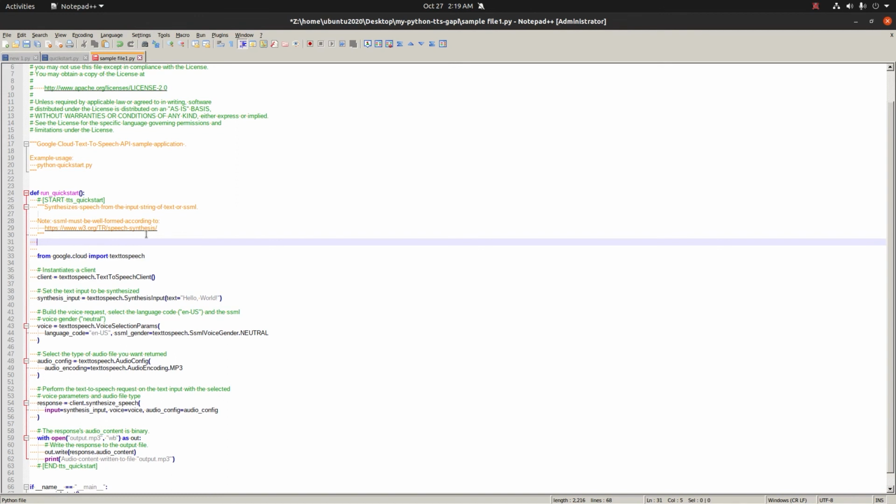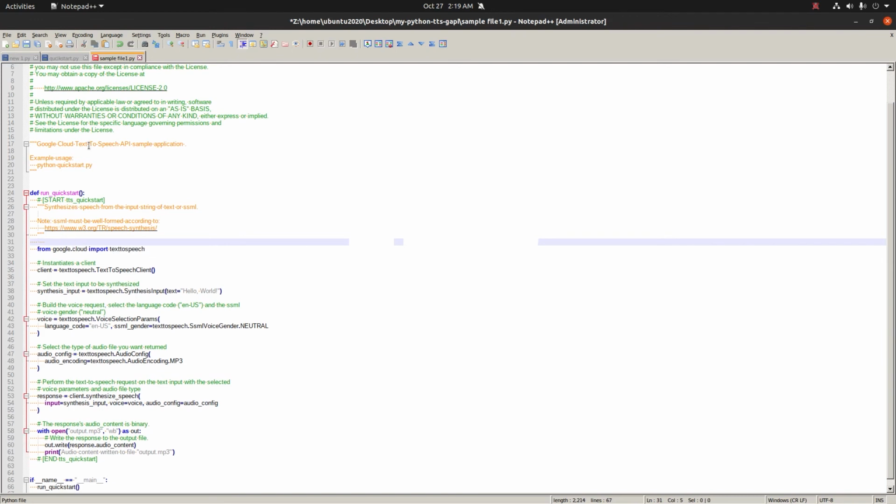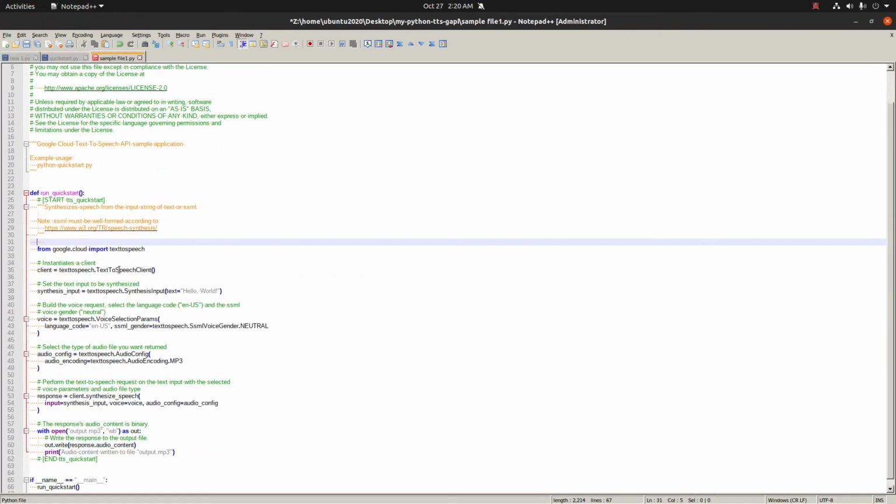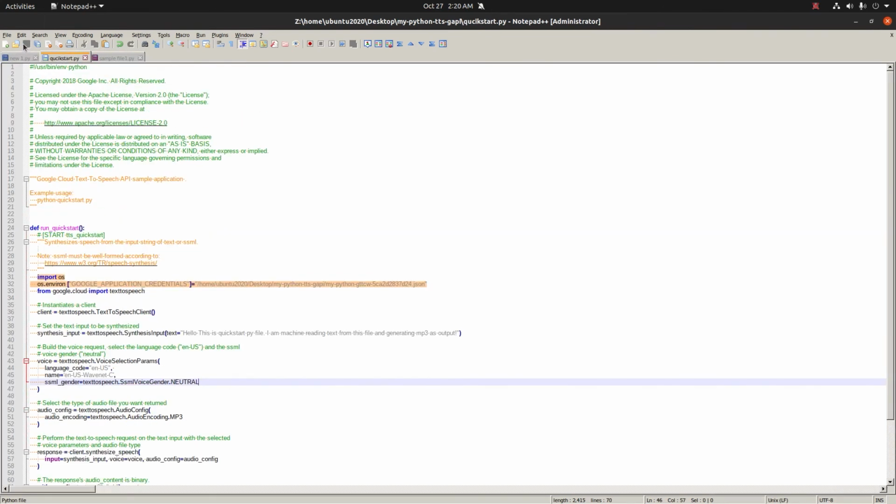Here is the JSON link, we have to give the JSON link. Import os, environment Google application credentials. Here is the file path. This you have to give in this area, these 2 lines. Then save it, already saved.